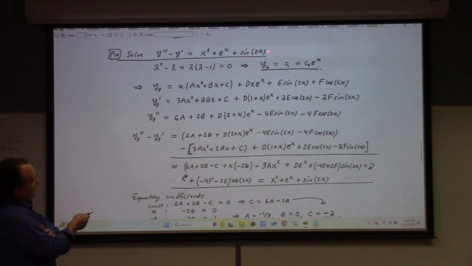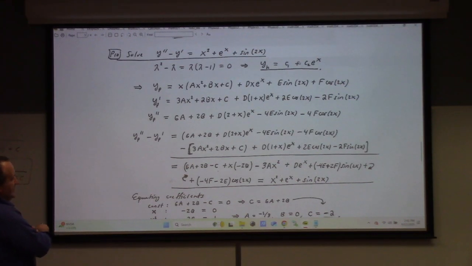On the flip side, the sine of 2x does not overlap with a homogeneous solution, so the naive solution for sine 2x just is what it is, all right? And there you go, that's my particular solution, just the setup. Now I work it out. So I differentiate, I double differentiate, I reorganize my stuff, and I equate coefficients down here,